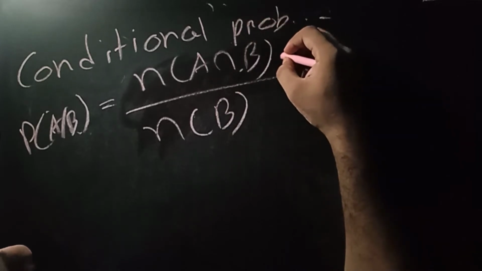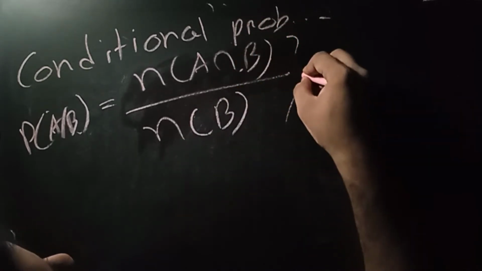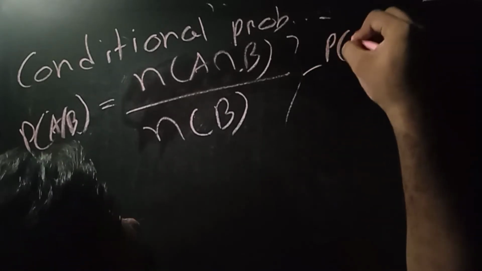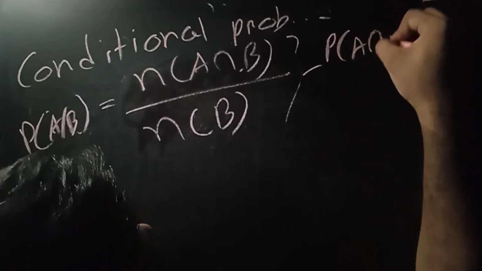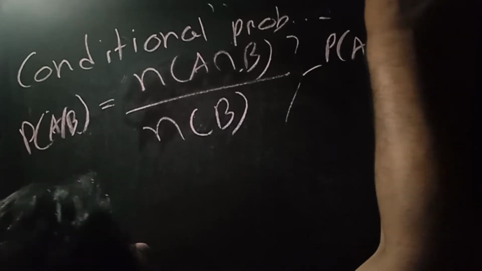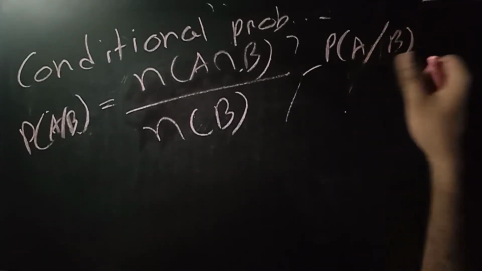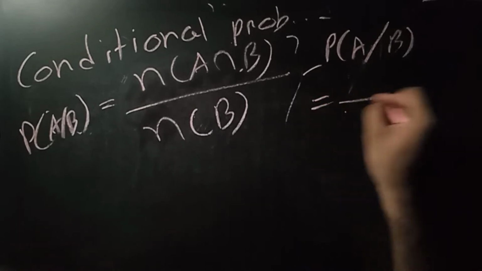This means this conditional probability, just remember this, I think this is better, P of A by B, A when B has already happened, is basically